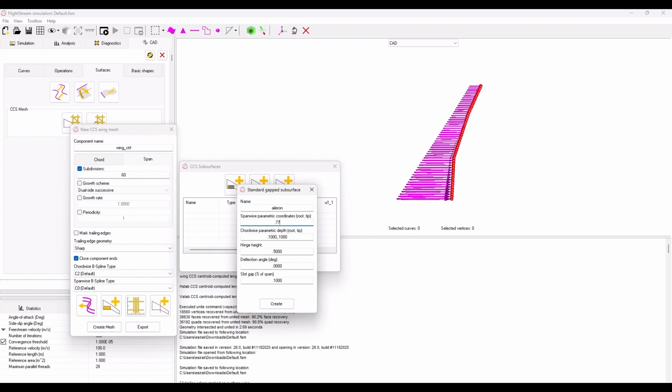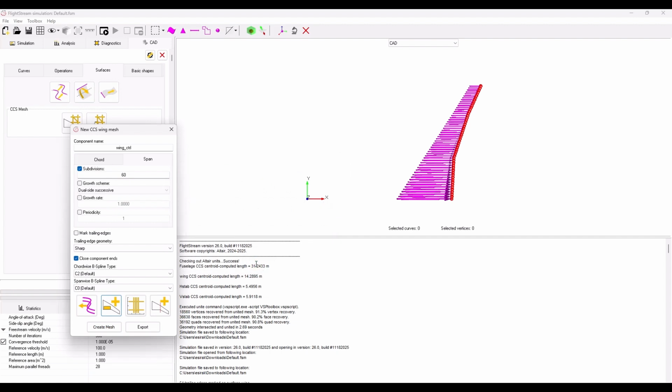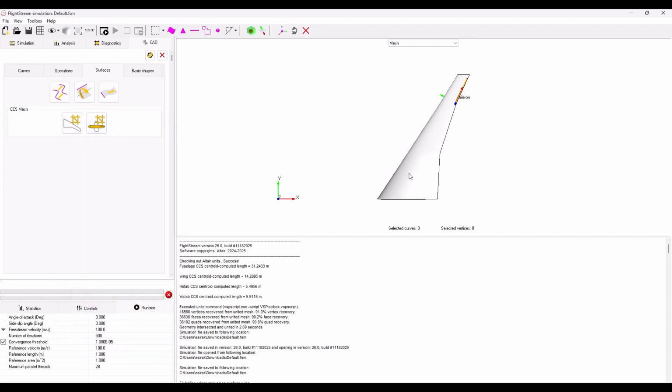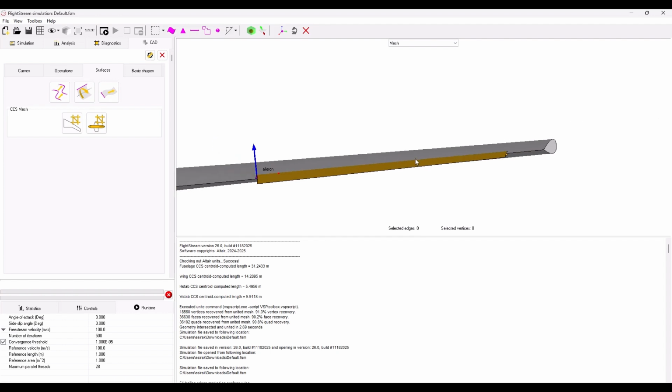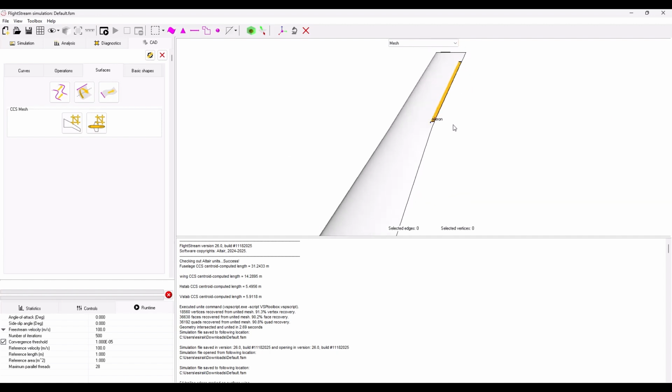Define the name of the subsurface, the spanwise parametric location of the root and the tip of the subsurface, and then any of the other desired customization options. When preparing a mesh for simulation that has either a flap or a control surface, the user manual states that for deflection angles of greater than 10 degrees, the flap or control surface should not have wake termination nodes. For deflection angles of less than or equal to 10 degrees, define wake termination nodes on the subsurface and the wing. See the user manual for more detailed information.